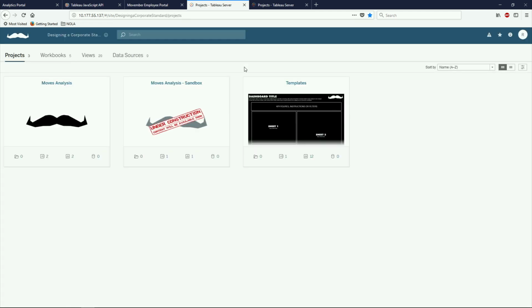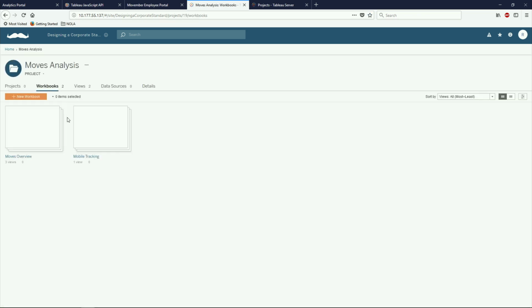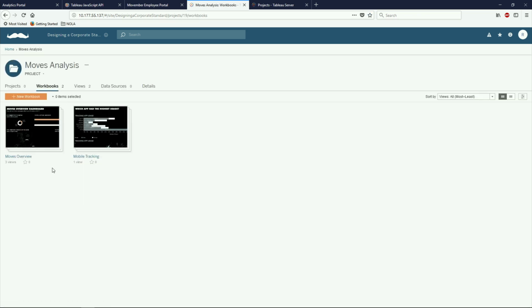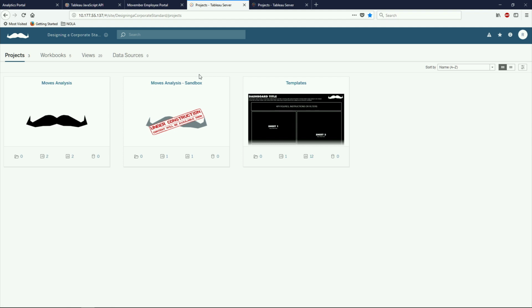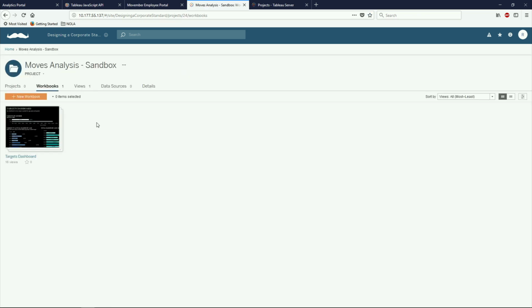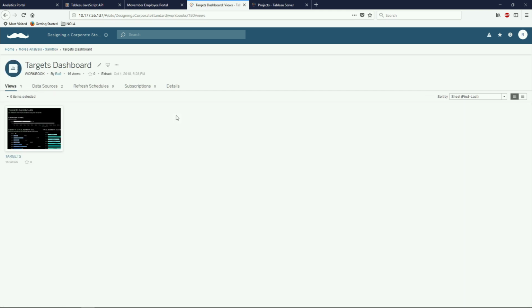Okay, so as soon as I'm into my site, I'm an administrator on the Movember site, so I can see all 3 of those projects that I mentioned. In the analysis project, as I said, if I were an end user, this is where I would go to be able to see and consume different reports or analysis. Next to that, I have what I call the sandbox environment. That is where my various users would go and publish their new content. And as an administrator, I can go in and make sure that this is actually adhering to our corporate standards.